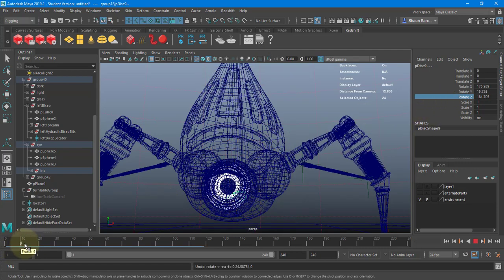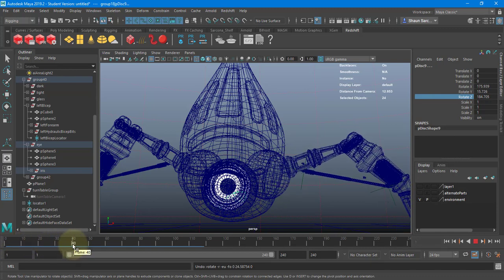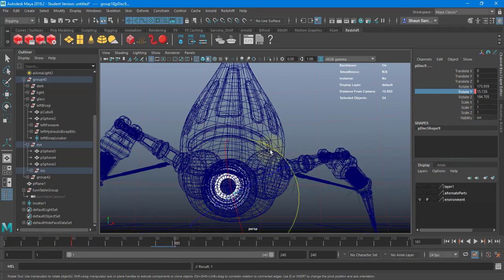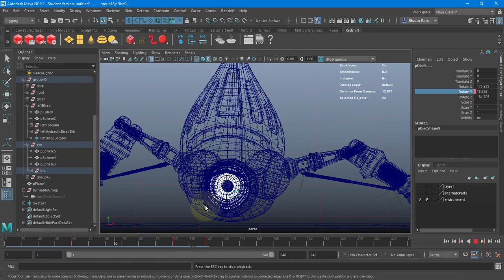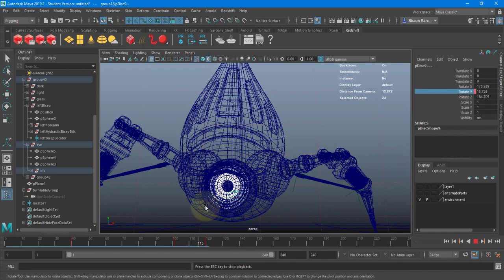So then I would go to wherever I want that to happen. We will set a key on Y. I'll go up to, let's say, 100. And shrink that in. Key it again. Go up to, let's say, 120. Pop it open. Key it. Right? And then I hit play, and then I can see it slowly closing and then opening up a lot